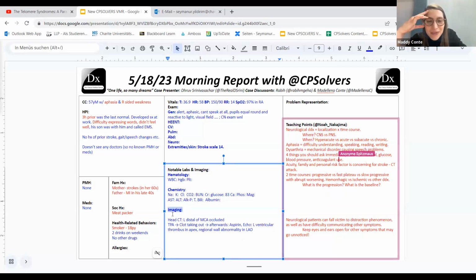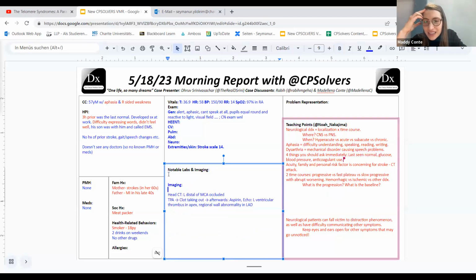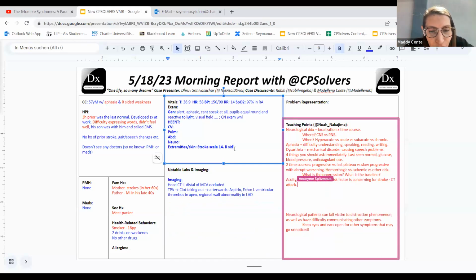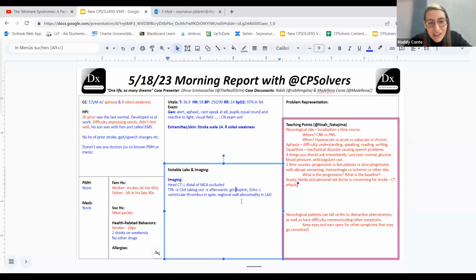Yeah, Drew, thank you again for presenting this case. So, just to summarize what you said: we established that this person had an ischemic stroke and a clot was taken out. Now we find out that there's a left ventricle thrombus in the apex with a regional wall abnormality in the LAD. So the question is, why is there a thrombus there? And potentially, is that the etiology of the ischemic